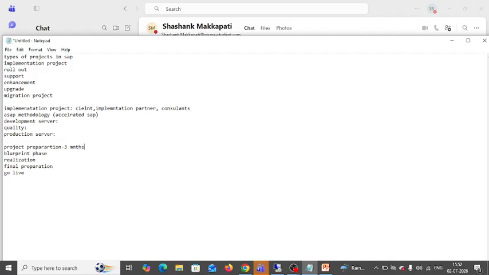3 months of time. In this project preparation phase, what will happen now? It's an agreement between the client and the implementation partner. There is no involvement of consultants in this phase. They both will discuss